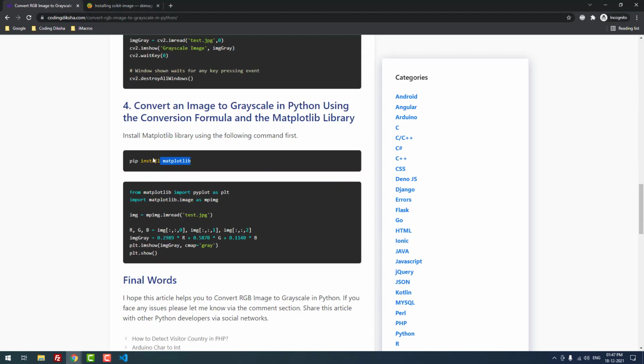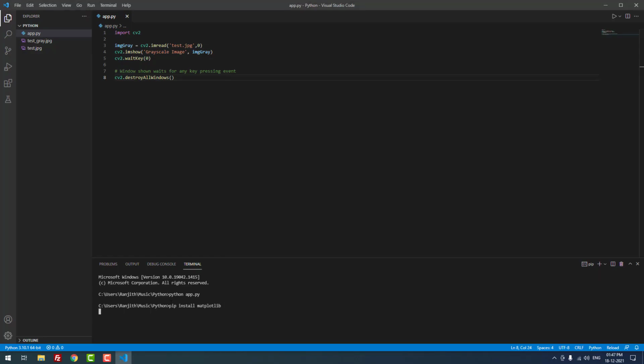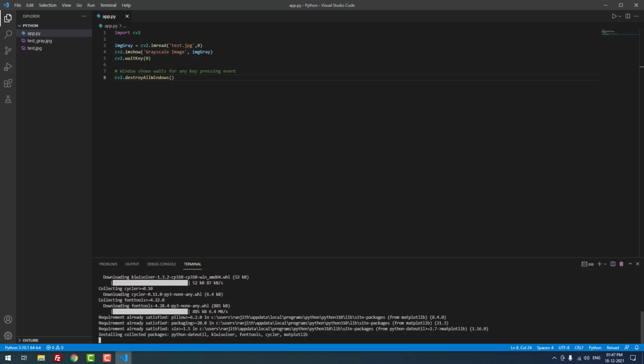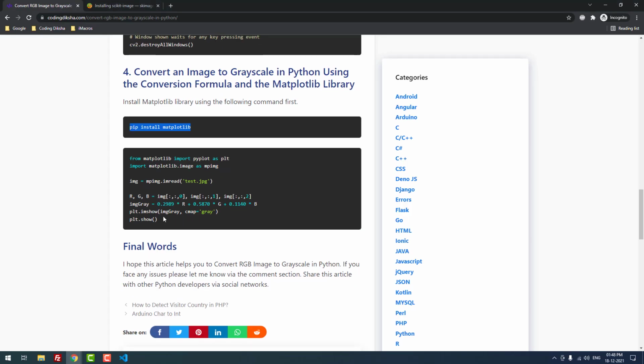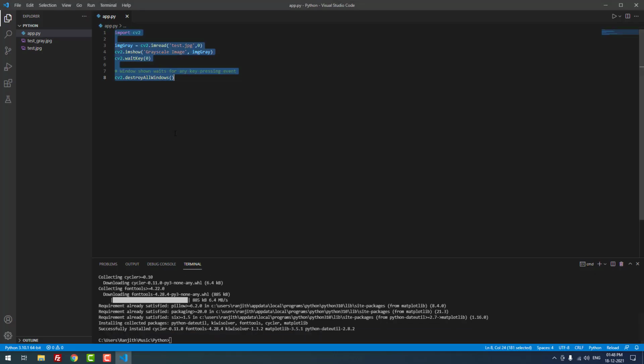Finally, we are going to use the matplotlib library. To install that, we need to use this pip command. It is installing. Now I am going to copy and paste the code. It is installed successfully.